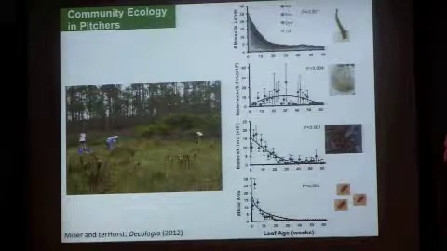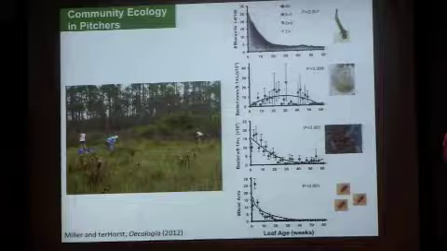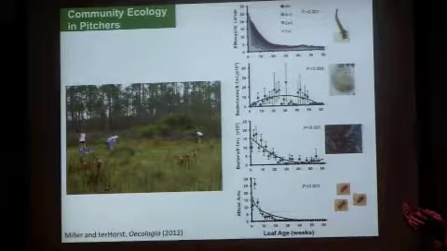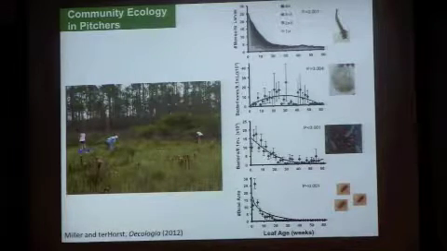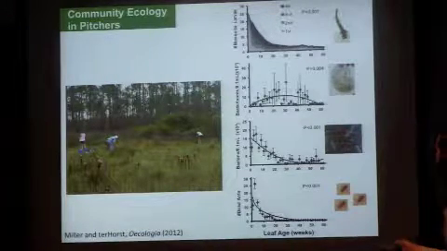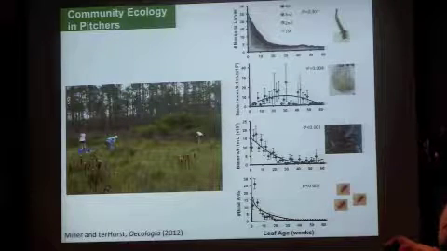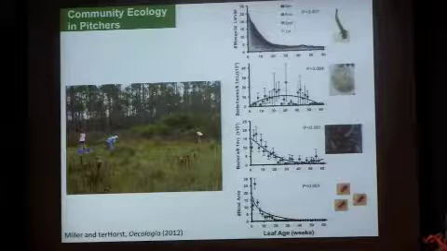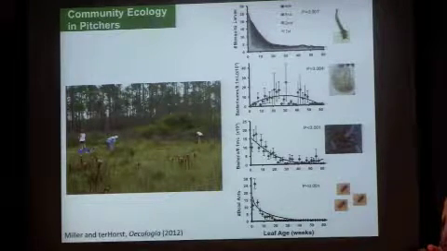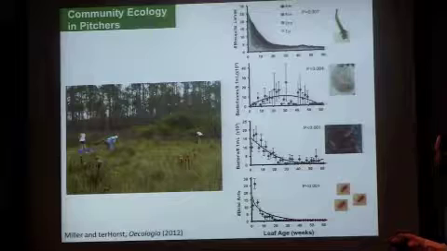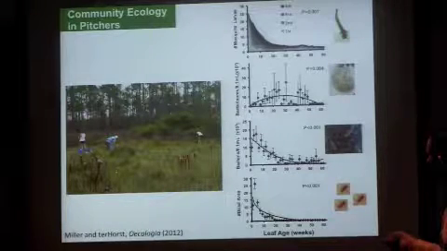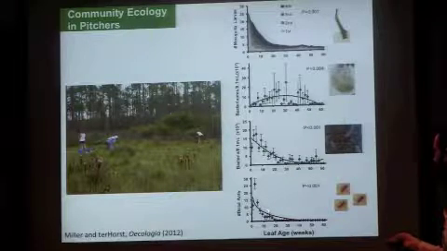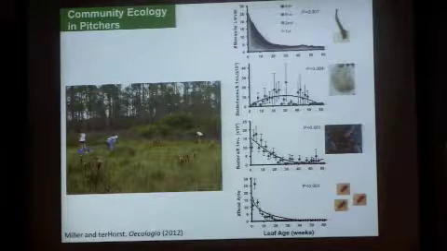So here's just a little natural history of what happens over time in these leaves. We went out and followed leaves from the time that they open until the leaf either died or didn't retain water anymore. So we're tracking these communities over time. This is leaf age on the x-axis. Leaves can live up to a little over a year. I think the longest one we found was about 72 weeks. The average age is somewhere around 30 or 40 weeks. And so the first thing you notice is that all the dead ants are captured by young leaves. And then they decline over time because they're just being decomposed in the leaf.